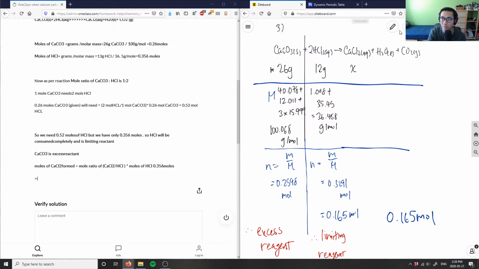What I can do is, I already know the molar mass of calcium, which is 40.078, plus I'm going to have 2 chlorines, right? So I have 2 times chlorine, which I said was 35.45 here. So the molar mass of calcium chloride is 40.078 plus 2 times 35.45. That's going to give me a value of 110.9978